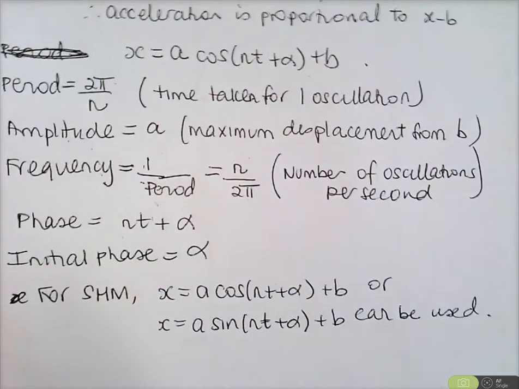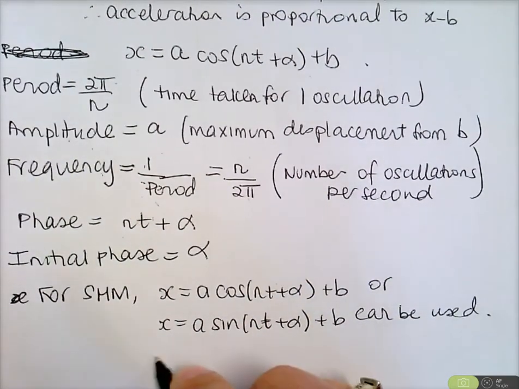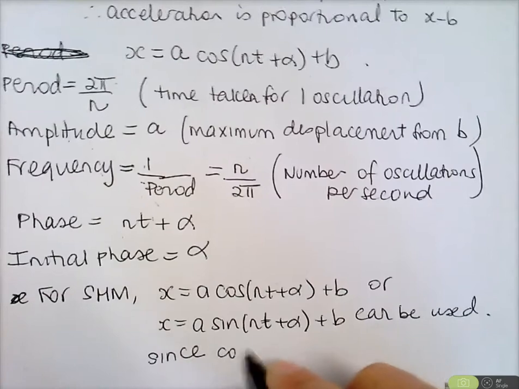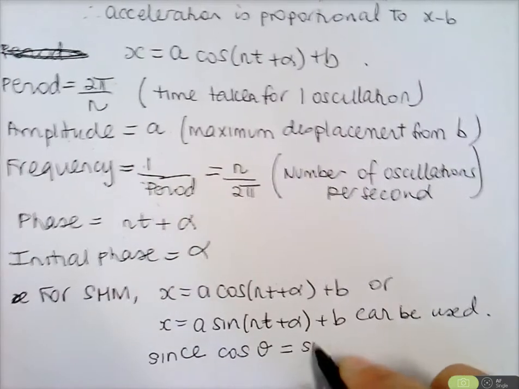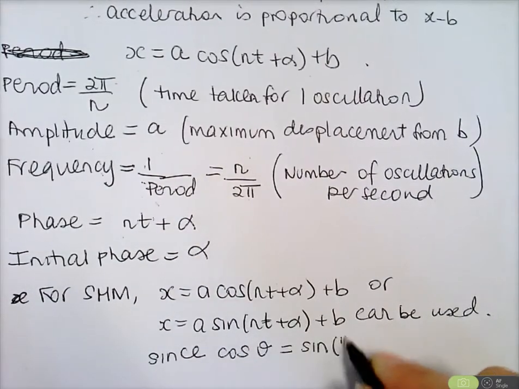Now, which one would you choose? The reason they can both be used is since cos theta is sine of 90 minus theta,